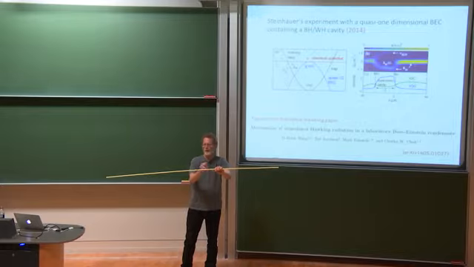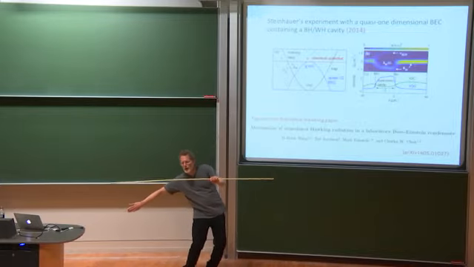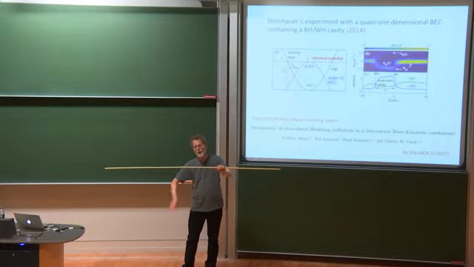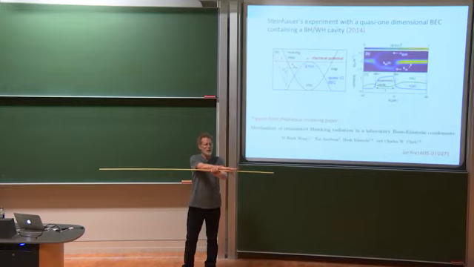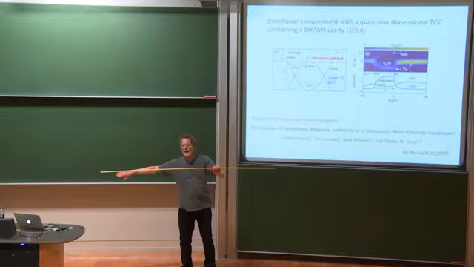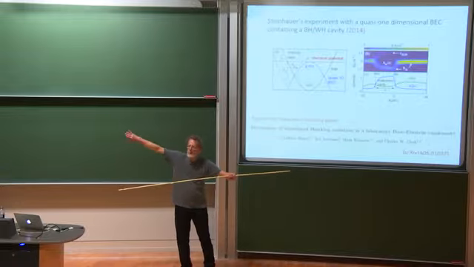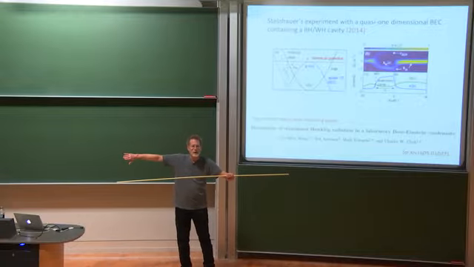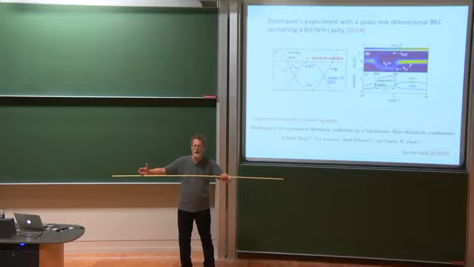Well, then the atoms that are on this side can fall down farther in the potential, and so basically, like a waterfall is created as atoms flow from this static part of the condensate over the edge of the step and over here. But then the trap potential goes back up on this side, so the flow velocity slows down again. And that creates the white hole horizon on this side.